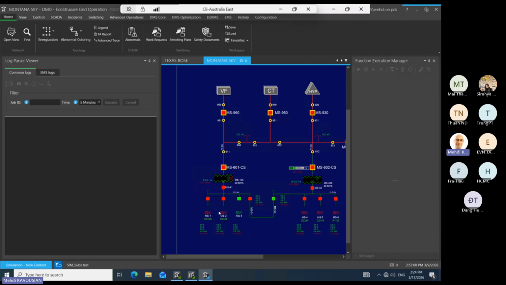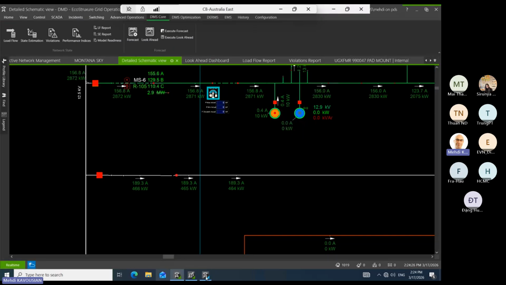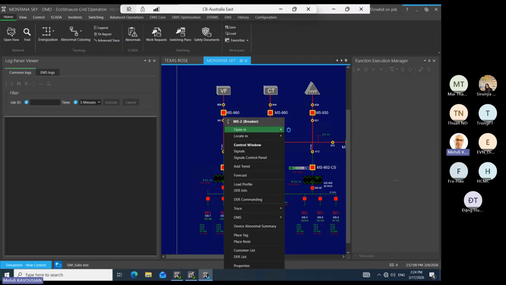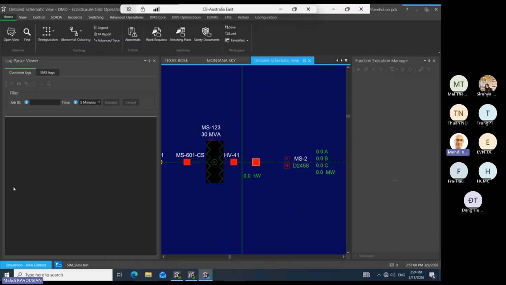Okay, so one thing, if you notice, the background changed color, so it's kind of a dark blue. And the other thing you could notice here, it says simulation. In real time, it says real time. And also the icons here are different. So, okay, it's pretty much the same view. The only thing is, okay, so here,